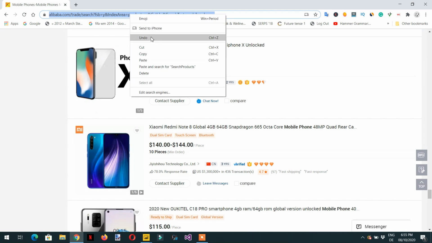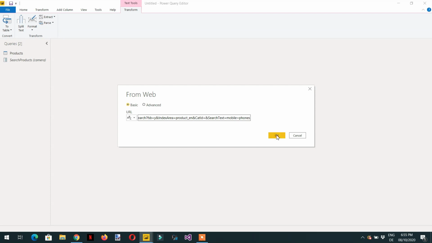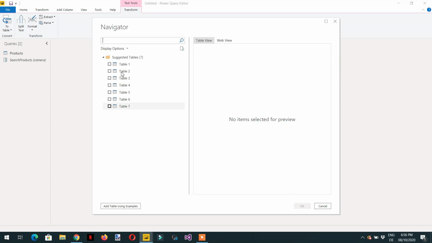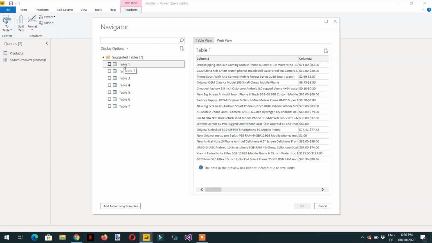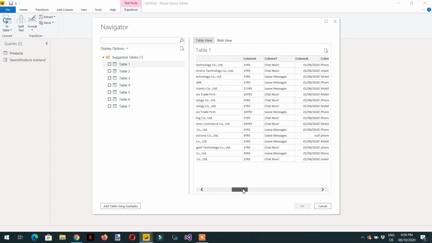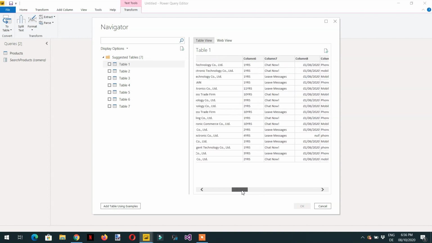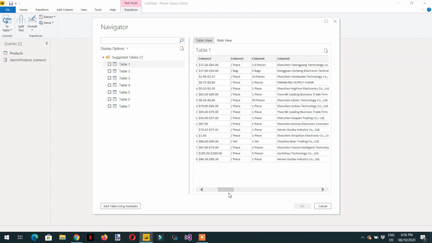Let me copy, and now let's try to get data from the web again, paste, and OK. So here you can see the table 1. So we are interested in this column 1, column 2, and some other information. The prices are there, yes, prices are fine. So we can take the table 1, click OK,